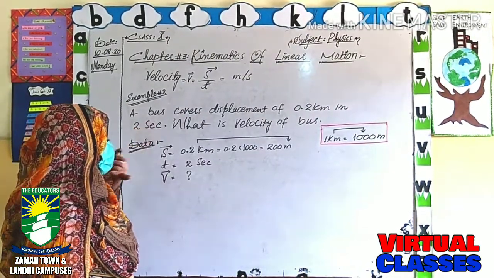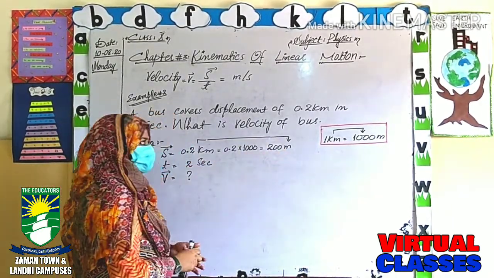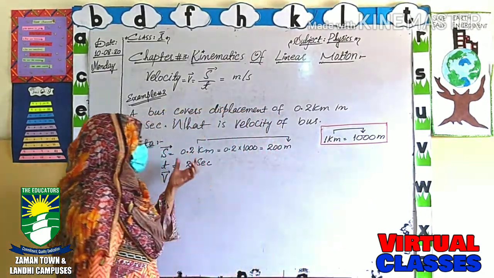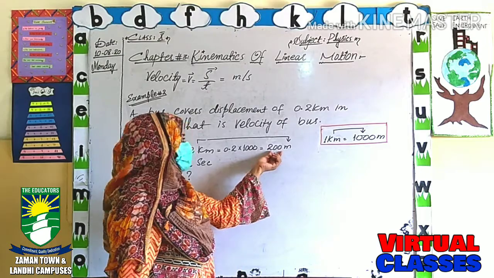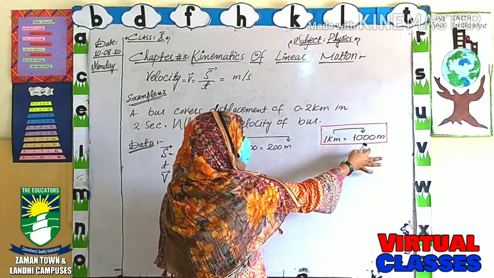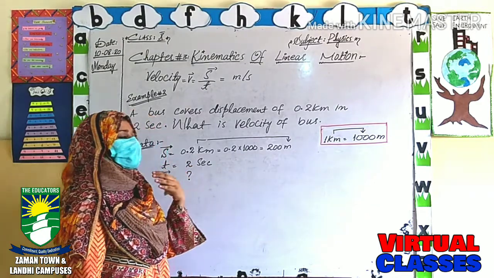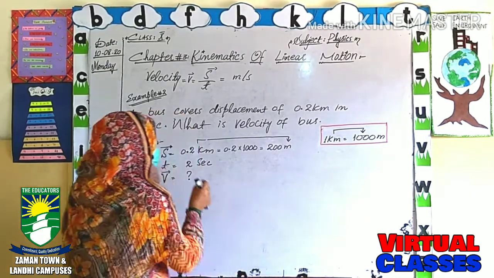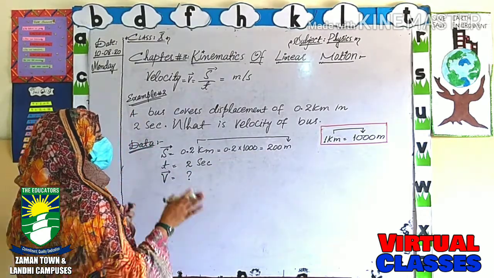Now in this question, the displacement is given in the kilometer and we have to change this displacement into the meter. As we know, 1 kilometer is equal to 1000 meter. So the given value will be multiplied by 1000 and the answer will be 200 meter. Why did I multiply the 0.2 by 1000? Just because I have to convert the larger unit to the lower unit. Whenever we have to move from larger to lower, we have to multiply with the constant value. I multiplied the given value by 1000 and the displacement is now 200 meter.